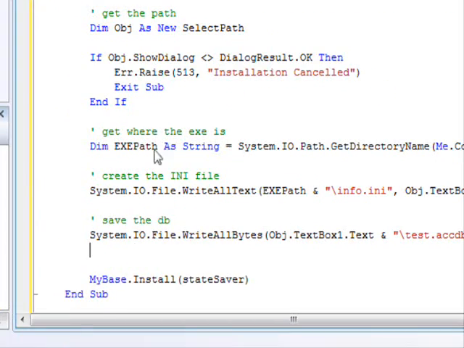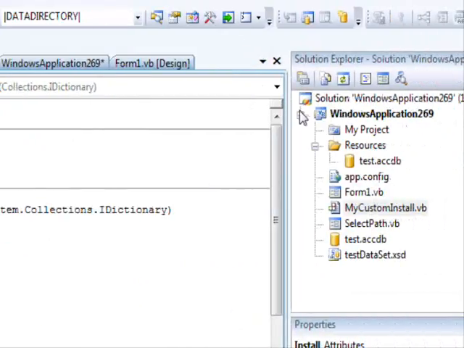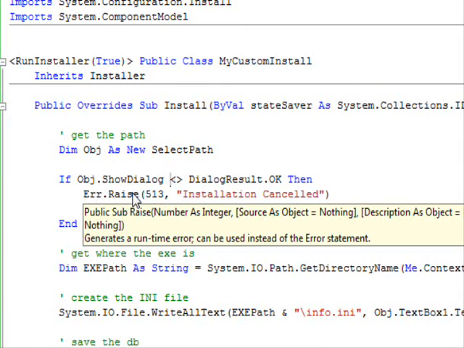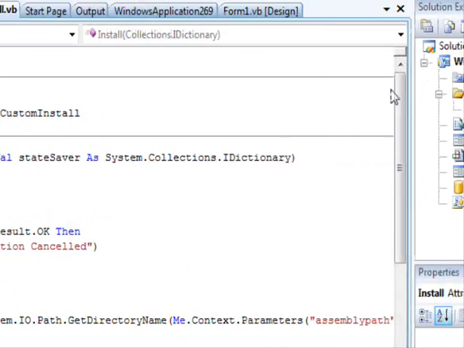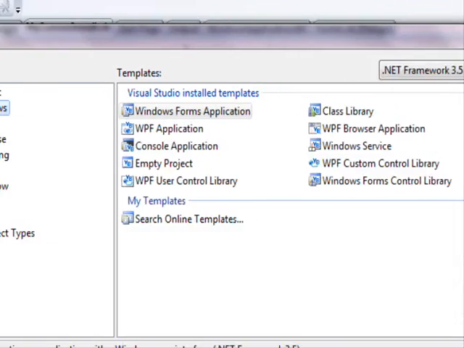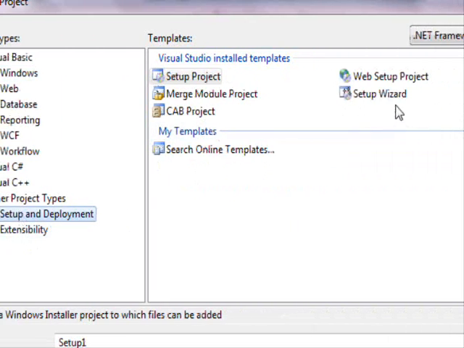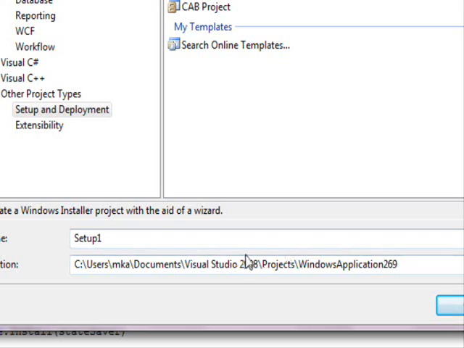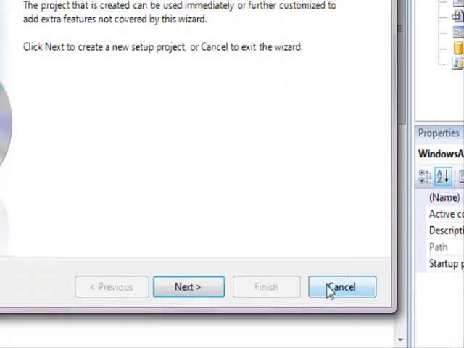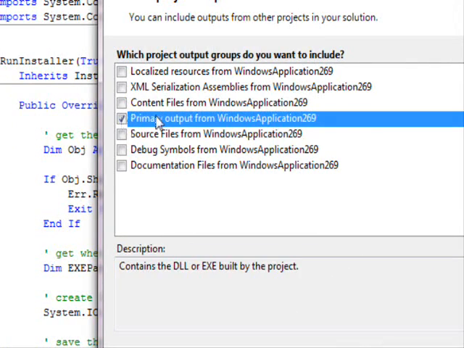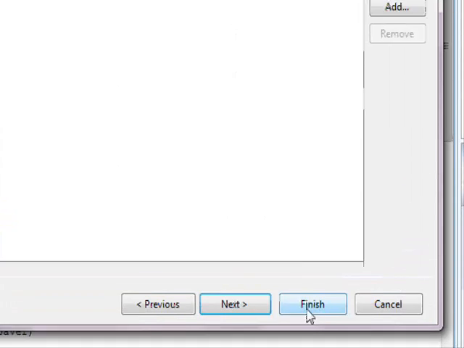Okay, now we need to do a few things. We need to create the installation project, and after making sure everything works fine, we're going to modify the program to use the database. So right click here, select add new project, go here, select setup and deployment, setup wizard, setup one. I'm gonna leave the name as it is. Okay, of course you need to change that and make it better. Okay, next, primary output for our application, next,